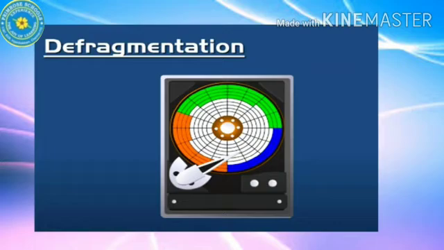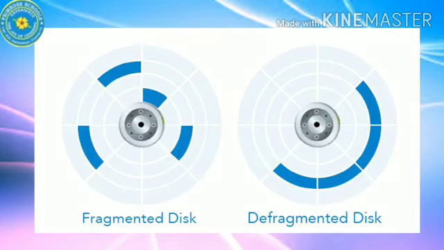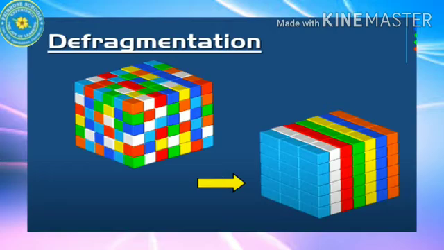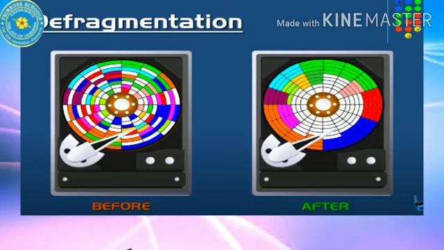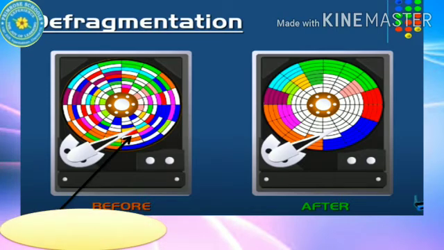Defragmentation is the process of arranging the data in a contiguous area of the disk space. It usually runs on a scheduled basis, but you can also defragment the disk manually. So this is how the data looks in a fragmented disk and a defragmented disk. Here is another image showing the process of defragmentation. Do you see how the data are arranged? Each colored block represents a block of data which has been rearranged to form a contiguous memory location.